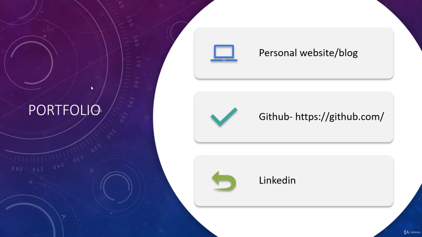And in that case, the hiring manager will understand that even if this guy is not able to answer this question right now, he or she has already worked upon it. So it's a very good way of showcasing your knowledge, your skills. So please build something like a personal website, blog, or GitHub profile. Put that on your LinkedIn profile.